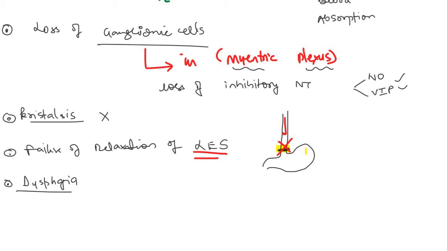Now since there is no peristalsis, there will be dysphagia for solids because the solids cannot move down, and obviously there will be dysphagia for liquids also, because for the movement of liquids you also need peristalsis. So there will be dysphagia for solids and liquids both in achalasia cardia, and this is an important concept because often you are asked whether in achalasia there is dysphagia for solids or solids and liquids. So you have to say there is dysphagia for solids and liquids both. There is failure of relaxation, there is dysphagia for solids and liquids.